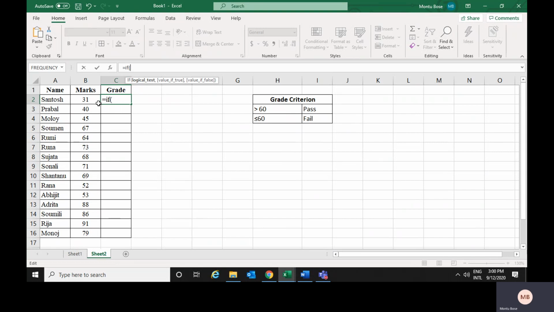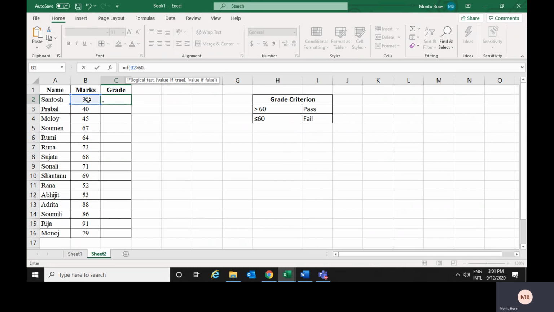This is my required cell, and this is my logical test to be applied here. So this cell is greater than 60. That means if the value of this cell is greater than 60, then it would be considered as pass.